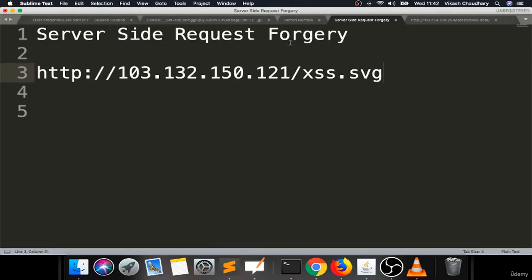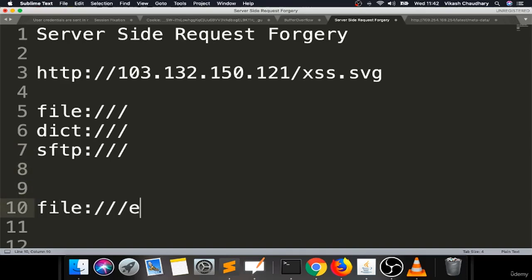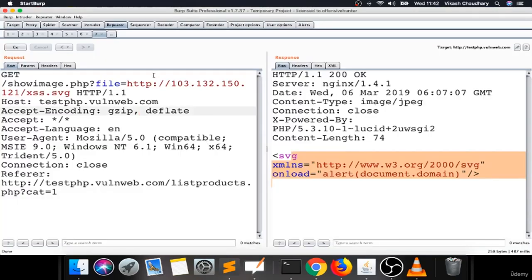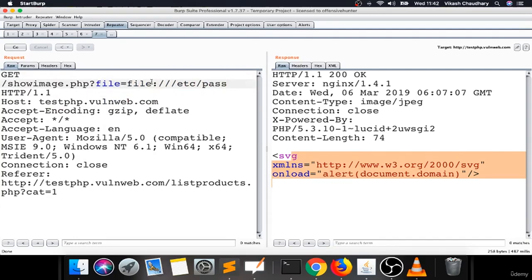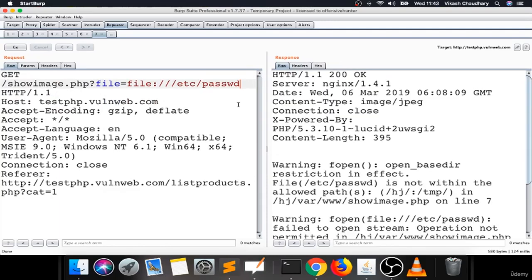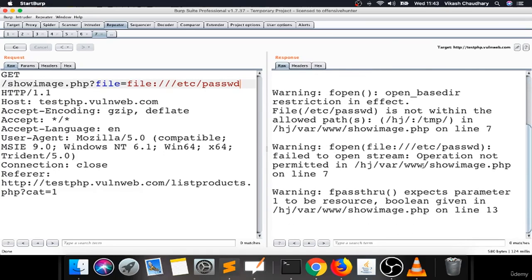Now you know what URL schemas we have. The first URL schema is file://, second is dict://, sftp://, and so on. How are you going to use this? I can use it something like this: I'll give file:///etc/passwd. Am I able to fetch this file? Let's try this. Maybe etc/passwd will be in a different directory, so you also have to try to move up, so you can simply make it ../